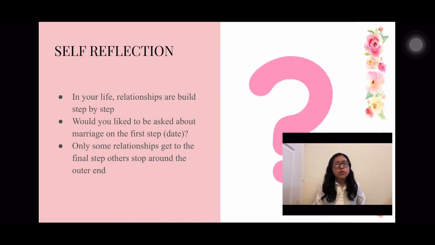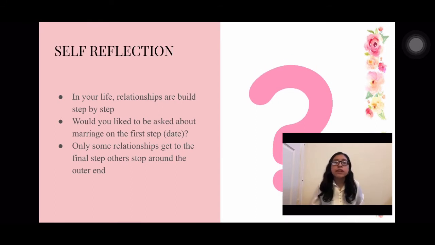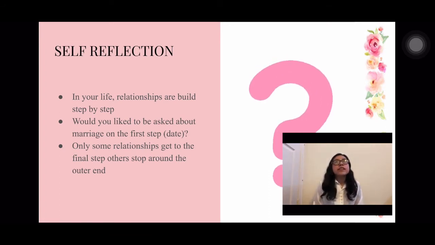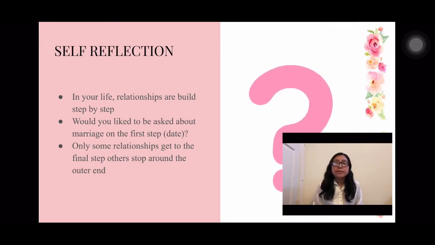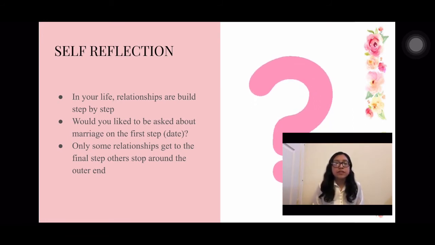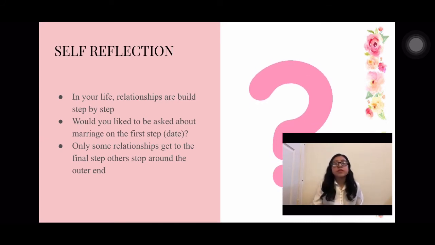And then I want you also to self-reflect on what could happen if somebody is too direct. Maybe let's just say that if you were on a date and right away somebody starts asking you about marriage, that is where things might get a little bit weird. You wouldn't want to be asked on a first date about marriage. Maybe after you've gone on several dates you might, but on the first date, that's just coming off